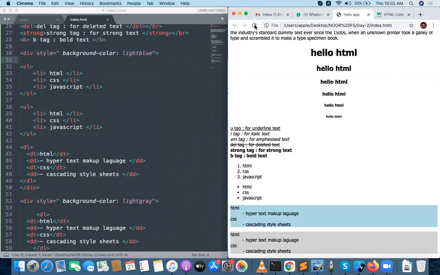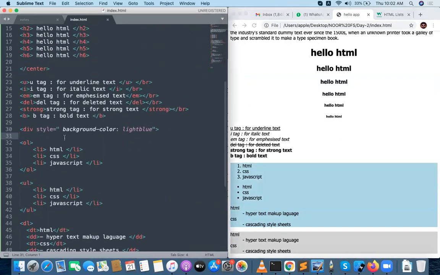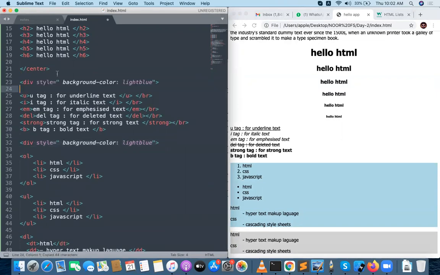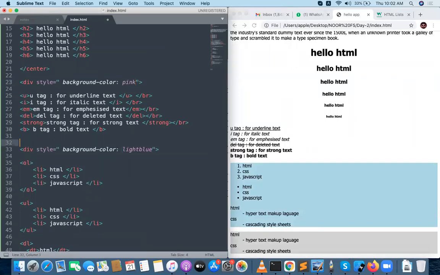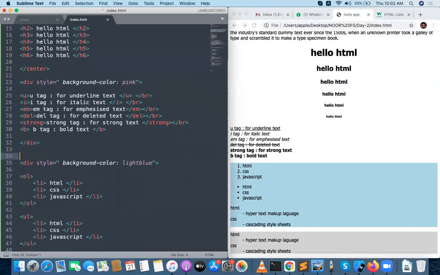All the list items in one division. For all the text manipulation, we are putting them in one more division.